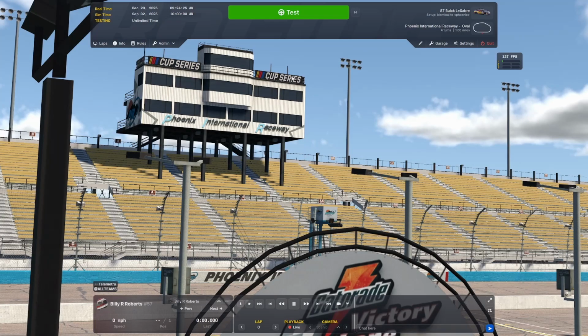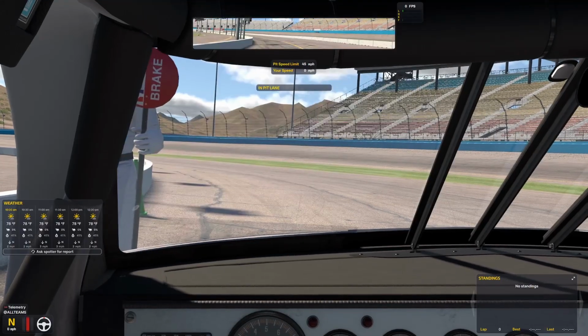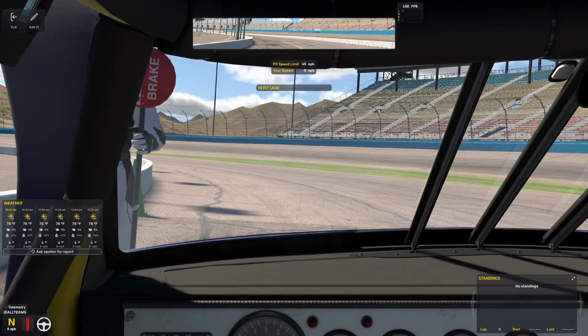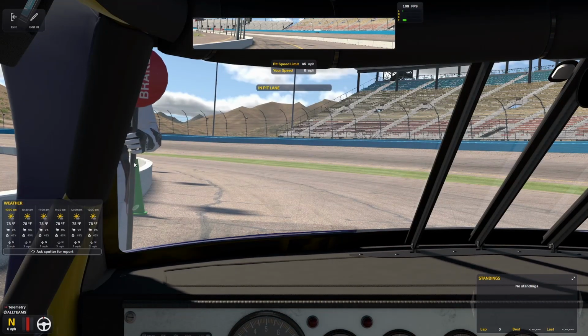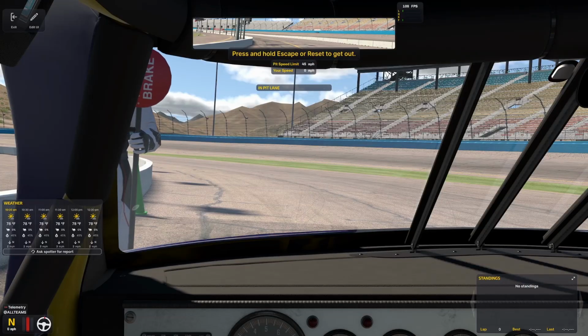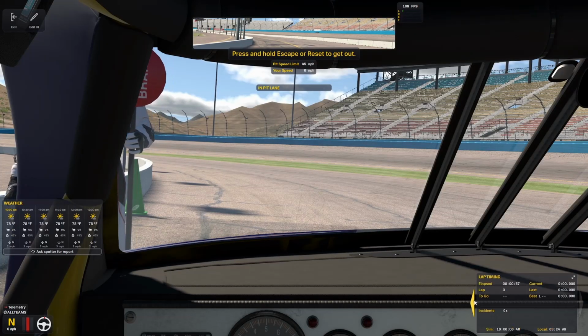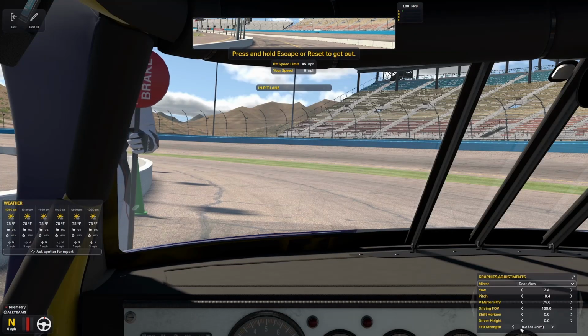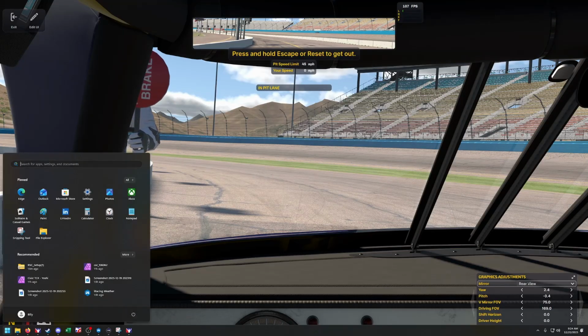Okay, so now we're in iRacing. We can jump into the car. As you can see, I've got the weather box in the corner here. Let me turn down my wheel. We've got the weather box in the corner, and you can see I don't have any overlays up. So if we go back in SimHub,